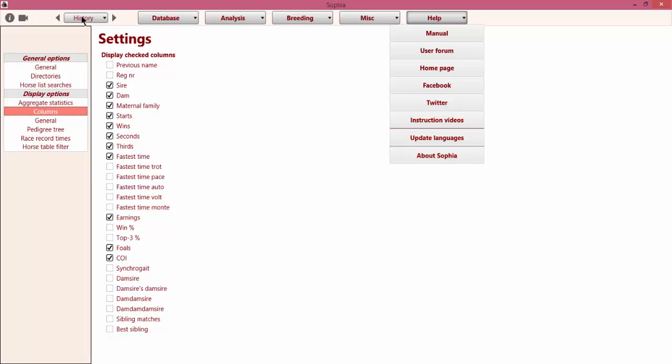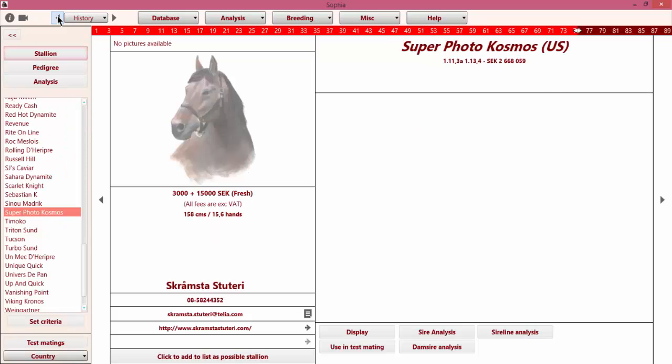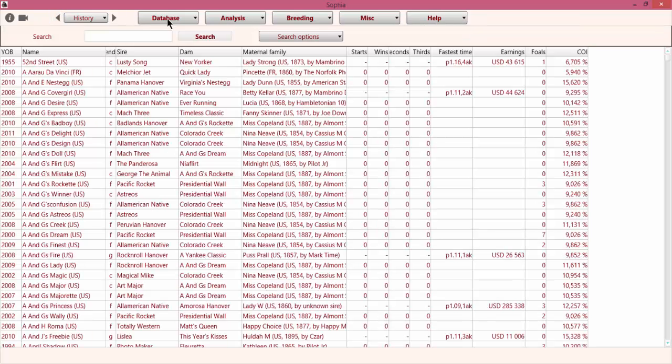So these are the key things. If you want to navigate Sophia, know about these little buttons and what they do. The other thing is, when you're in pretty much any kind of list, just double click and you will see, if I for example double click on Angie's Princess here,